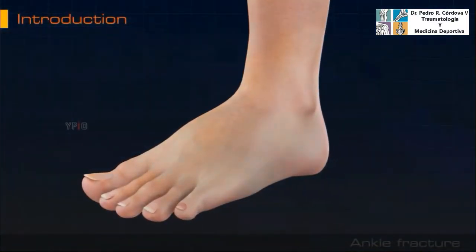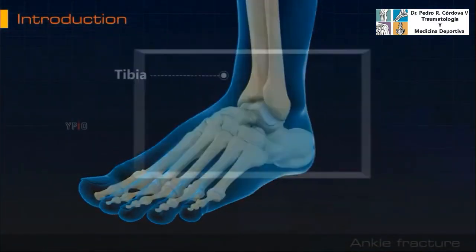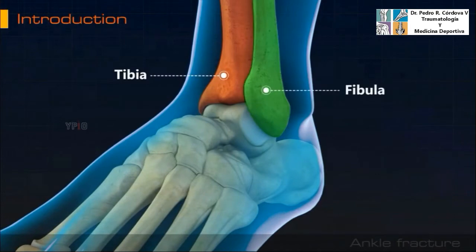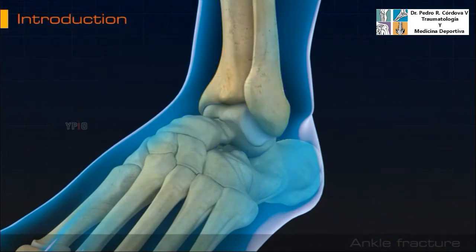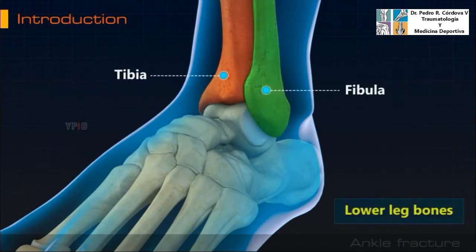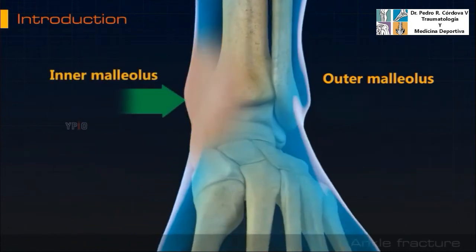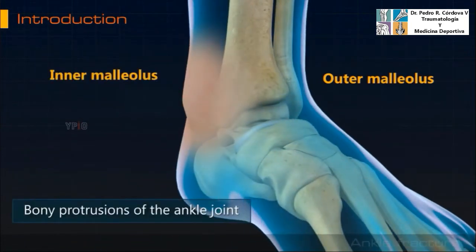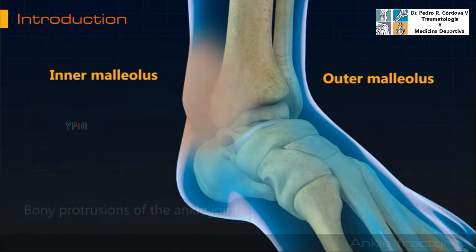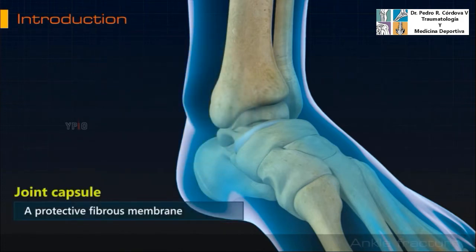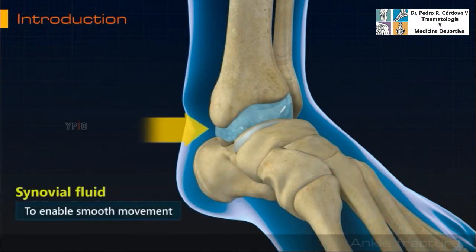The ankle joint is composed of three bones: the tibia, fibula, and talus, which are articulated together. The ends of the fibula and tibia, lower leg bones, form the inner and outer malleolus, which are the bony protrusions of the ankle joint that you can feel and see on either side of the ankle. The joint is protected by a fibrous membrane called a joint capsule and filled with synovial fluid to enable smooth